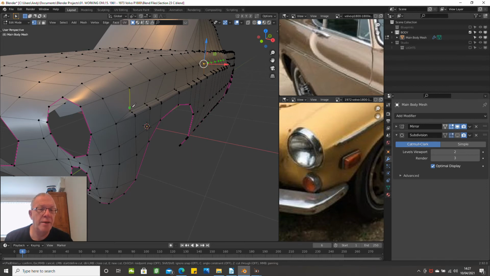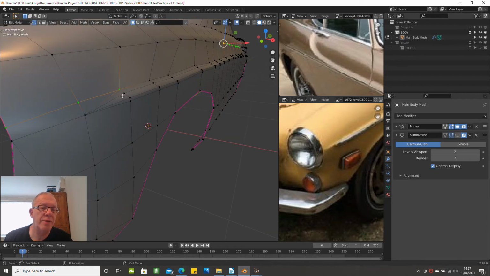So press K, knife cut all the way to the end here, and press return. Similarly for this, so K to here and across to here, press return,